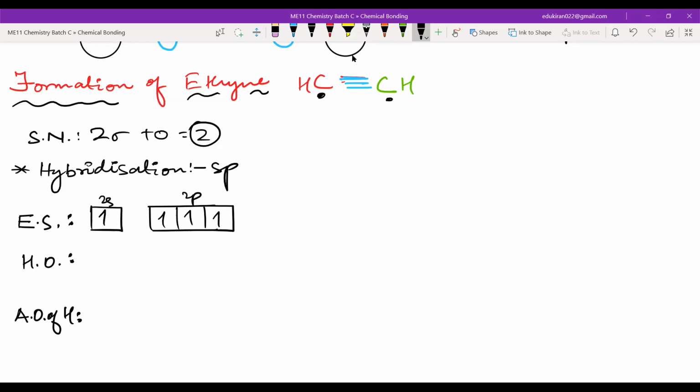Hybrid orbital. Okay, so how many atomic orbitals will be taking part here? How many s and how many p in the mixture, in the hybridization? 1s and 1p. Very good. 1s and 1p will be taking part in hybridization. So this hybrid orbital will be sp. How many hybrid orbitals? 2 hybrid orbitals, right? This is also sp. Now what about these 2 p orbitals? These 2 p orbitals will be like this. Okay, these are pure p orbitals, and each has 1 electron.